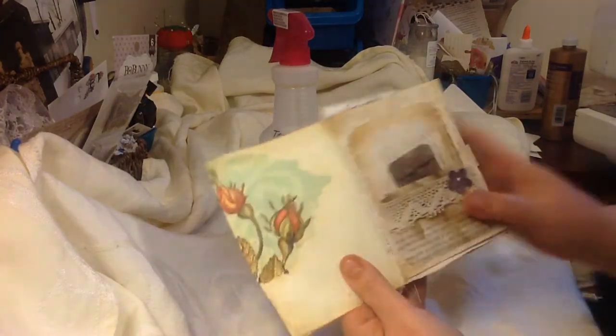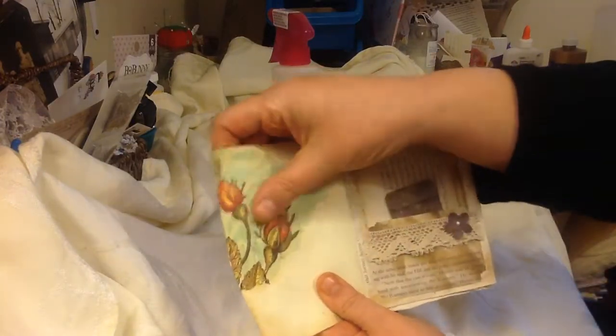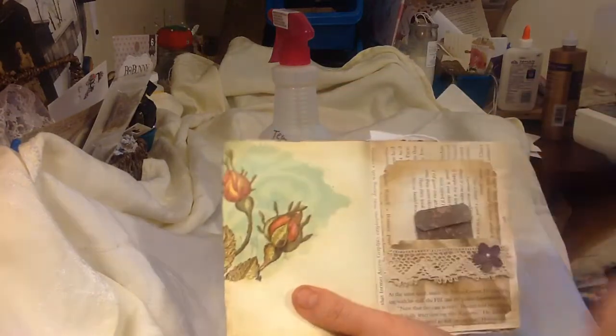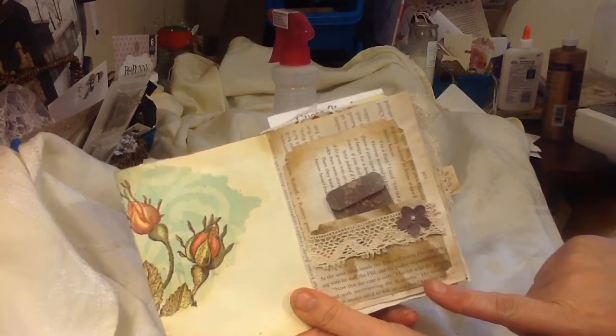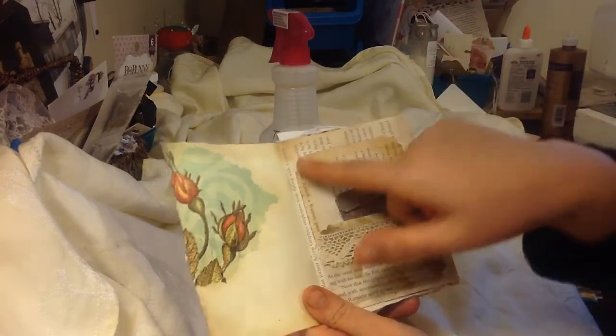So anyway, all I did was decoupage. I just wanted you to see and feel what a decoupage is and see what matte Mod Podge looks like. And then I wanted to show you, now these are all minis. You can make this on your regular page however big you want it to be. But this is one of those